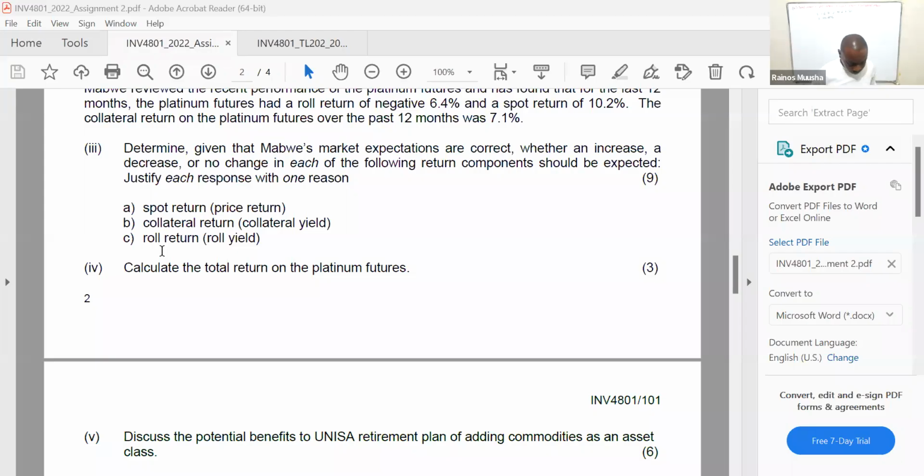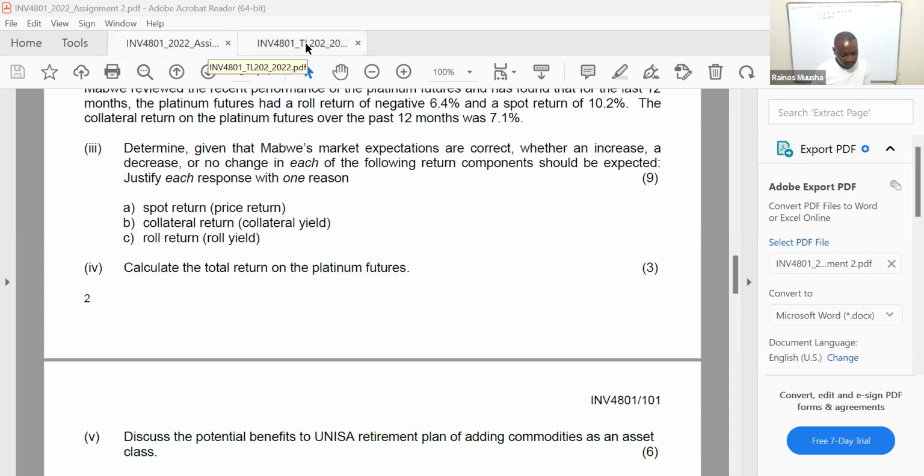they say, discuss the potential benefits to UNISA retirement plan of adding commodities as an asset class. So the benefits of adding commodities as an asset class. So we're looking for the benefits of adding commodities as an asset class. So remember,